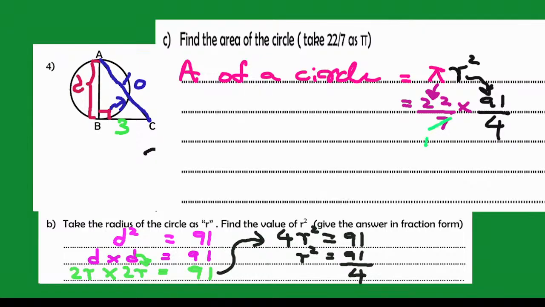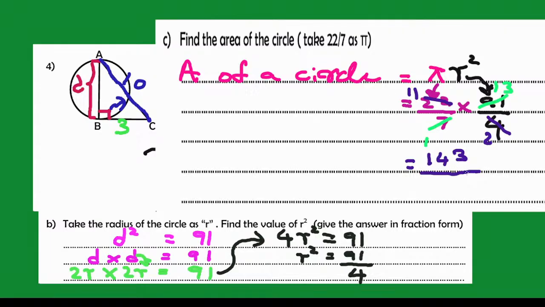So 7 has 1 seven, 91 has 13 sevens. Then 22 and 4 can be cancelled by 2. 4 has 2 twos, and 22 has 11 twos. So what do we have now? 11 times 13, that is 143,